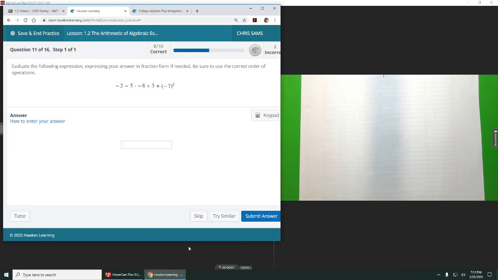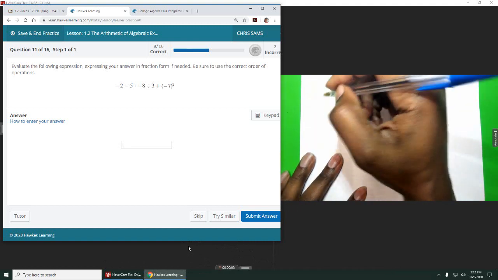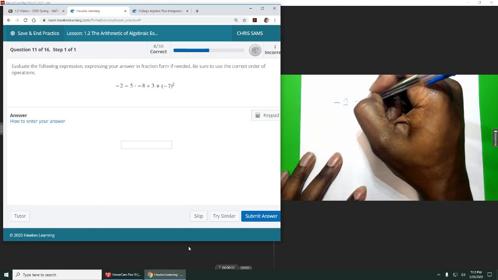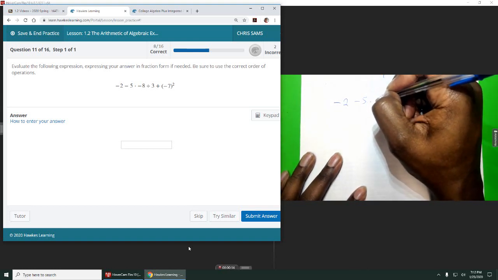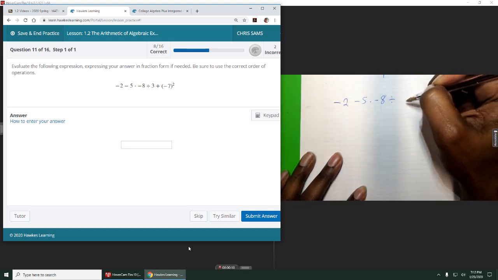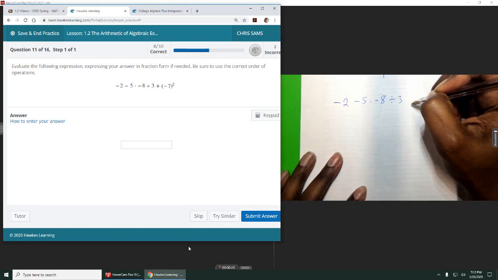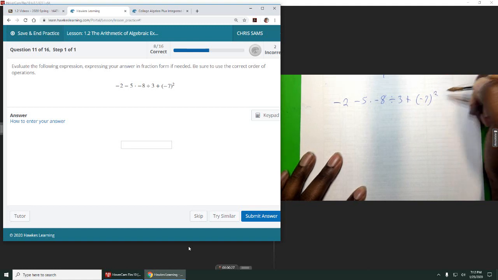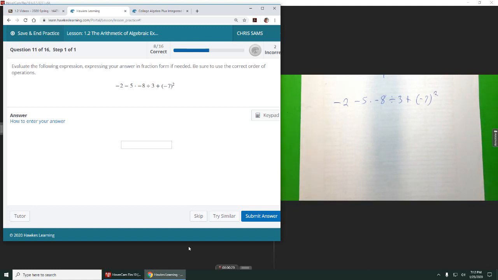All right, number 11. We want to use order of operations to evaluate this expression. Times -8 divided by 3 plus -7 squared. Okay, PEMDAS, most people know PEMDAS, but sometimes we make mistakes of trying to do it exactly in